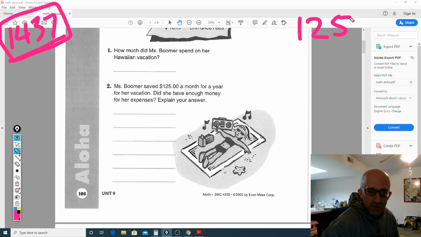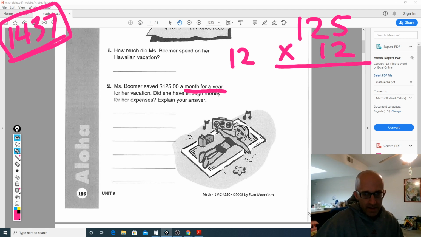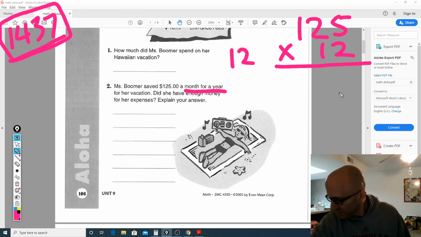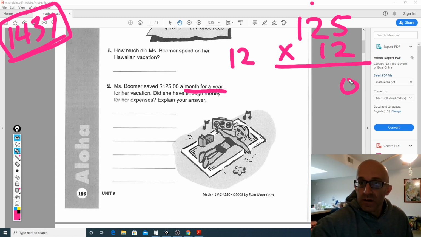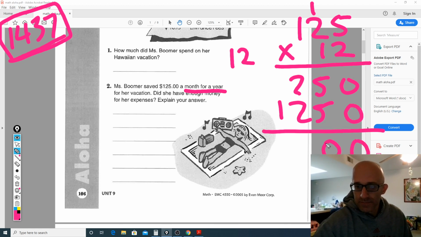So plain and simple, 125. And you look here and say, it's a month over the course of a year. How many months are in a year? There's 12. So you're going to take that 125 per month and multiply by 12. The multiplication of this: 2 times 5 is 10, 0, carry the 1, 2 times 2 is 4, plus 1 is 5, 2 times 1 is 2, and then you bring down your 125, because it's all multiplied by 1. When you add everything up,